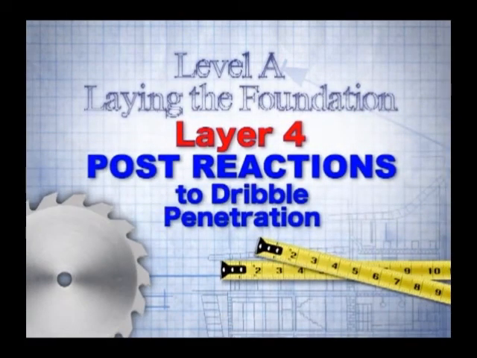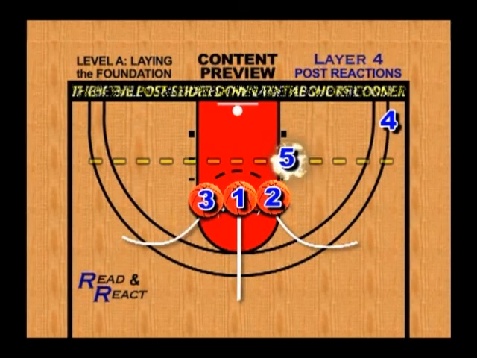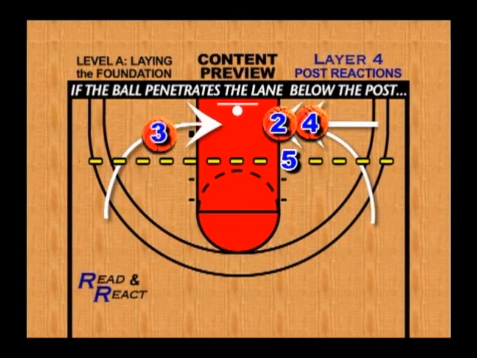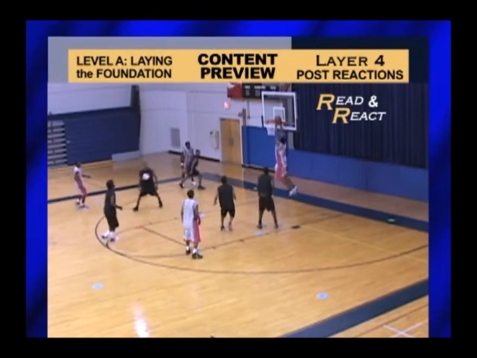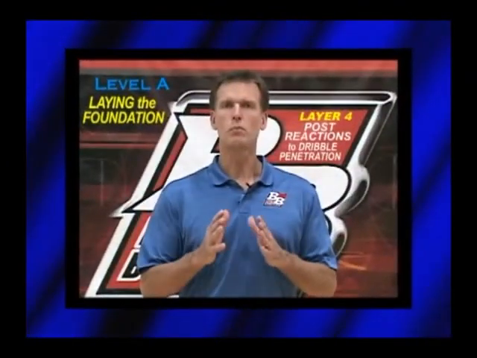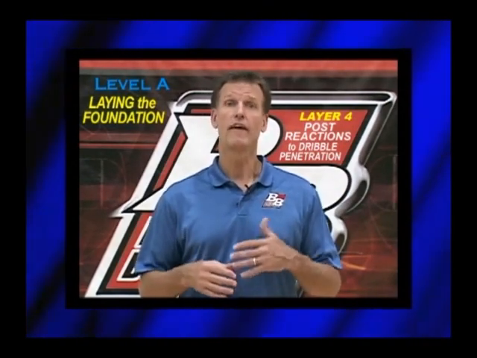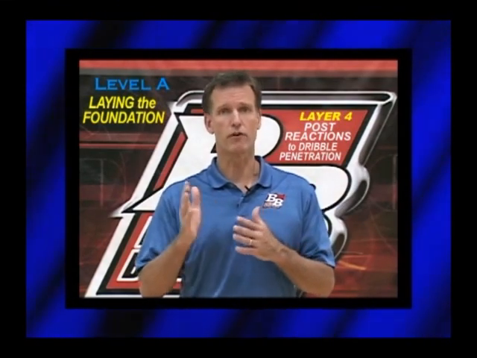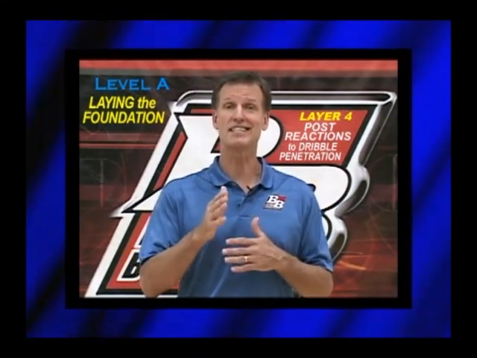Layer 4, post reactions to dribble penetration. You might wonder why I want to add any post slides at this time. Why not wait until the traditional post player has been introduced in the 4-out 1-in or 3-out 2-in sets? Because at this point in the progression, you'll begin to mix the first 2 layers of dribble penetration and pass and cut. And when you do, even though you're in a 5-out set, inside players are going to be created